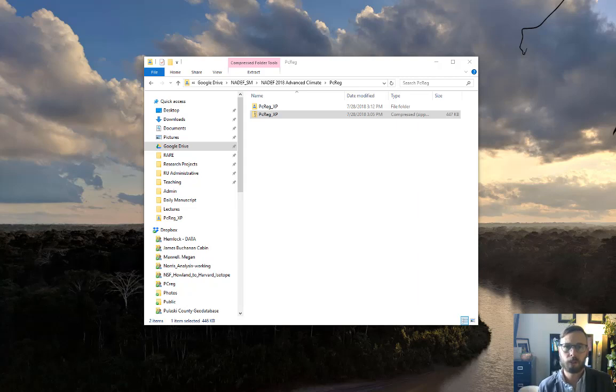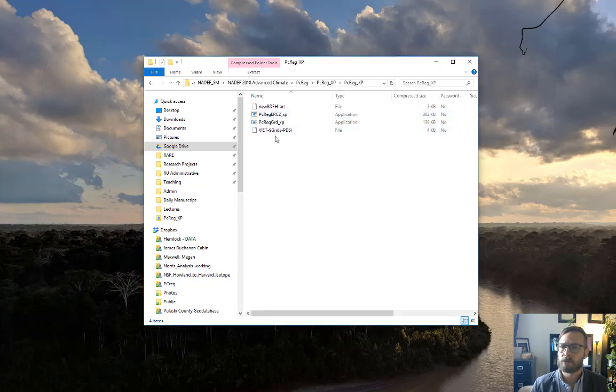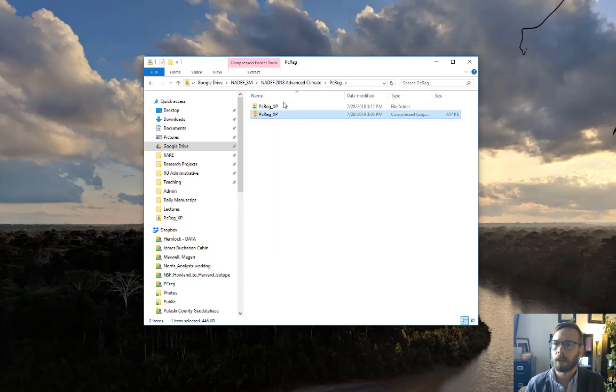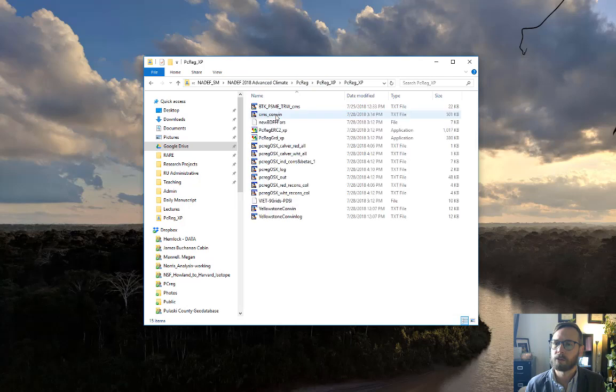You can download the PCreg program from the Lamont Tree Ring site. They have a software tab. You can go and pull it down. It's also where you would get RStan, Cophacia, and some of the other tree ring programs. You'll see on my screen here that I have the zip folder. If you look in that zip folder, you will see that it comes with 2 applications and a couple of example data sets. I already have it unzipped and I have run through it once, but I'm going to